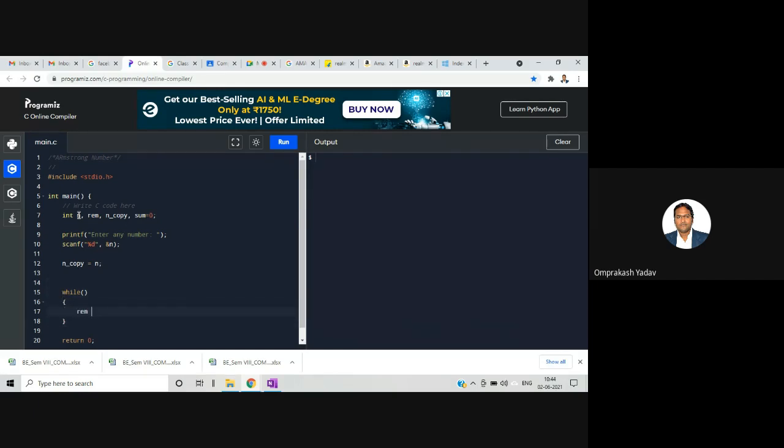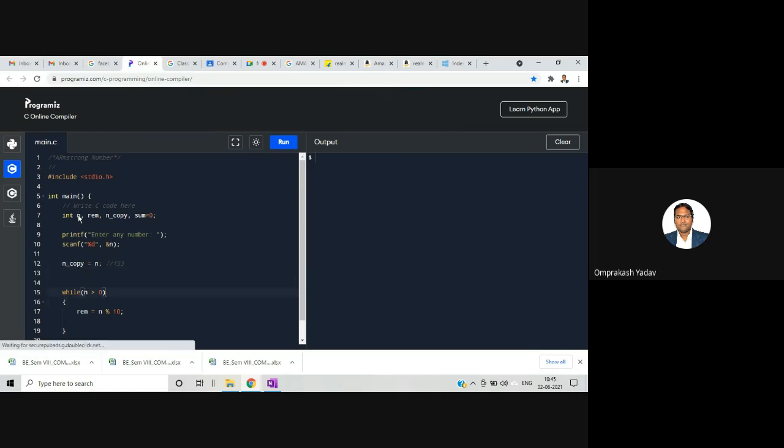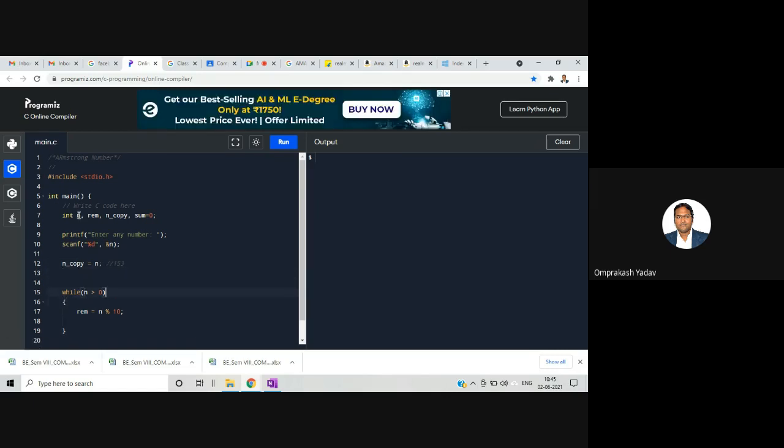So remainder is equal to n mod 10, while n is greater than 0. If I take n as 153, right? So here 153 is greater than 0. Yes, it will go inside the loop. In the remainder, first time I'll get 153 mod 10.